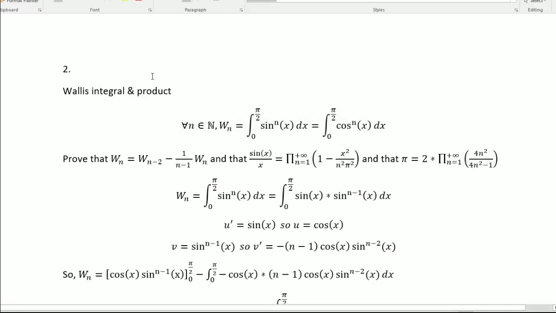Today I will be talking about the Wallis integrals and the Wallis product. So let's take a look at the question. For all values of n,